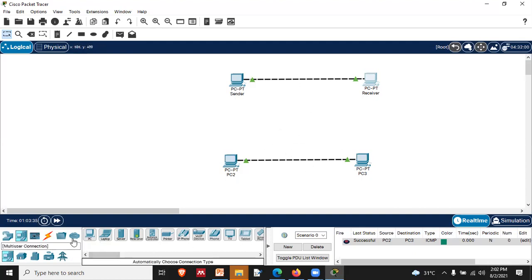So that's why we will introduce a device that is known as a hub or switch, right? Let me check whether we have a hub over here.